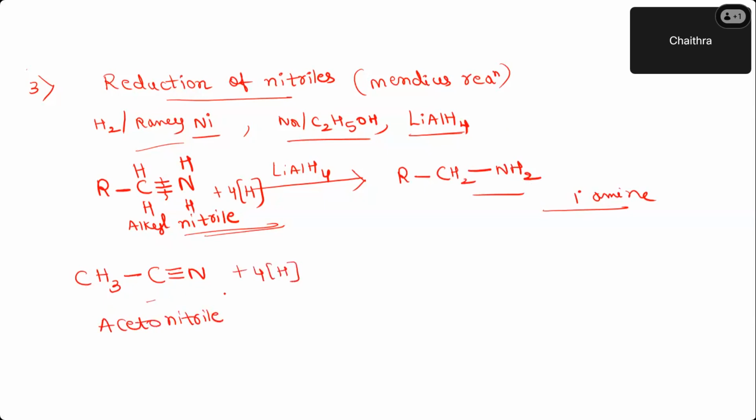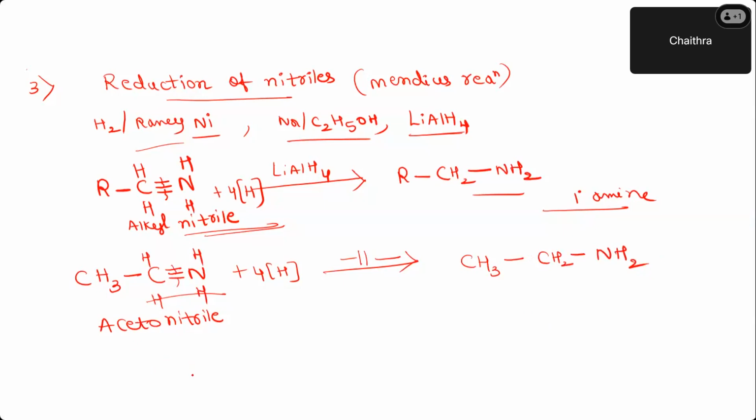Yes, I took acetonitrile and treated it with a reducing agent. Yes, what is the product? Name of the product. It's so easy. You just have to add hydrogens across the triple bond. So can you tell me the product? You break these bonds and add on this side one hydrogen. Here also one more hydrogen. Here also one more hydrogen. So what do I get? CH3. Yes, very good, Lakshmi. It is ethanamine. CH3, CH2, single bond, NH2. Fine. This is called ethanamine. Fine. So nomenclature, you know very well.